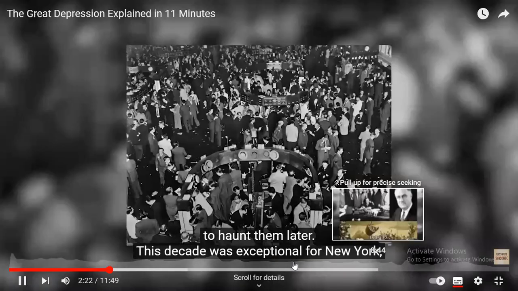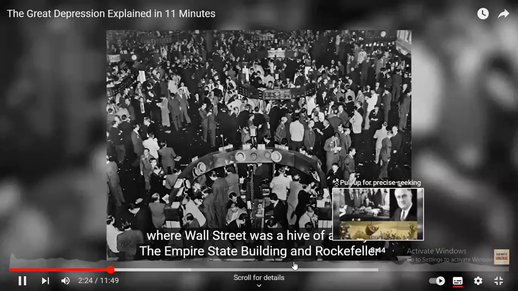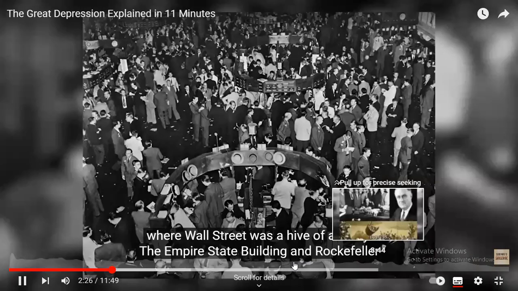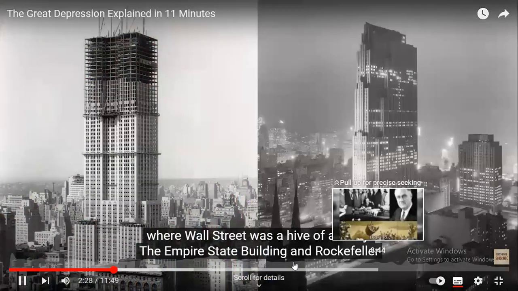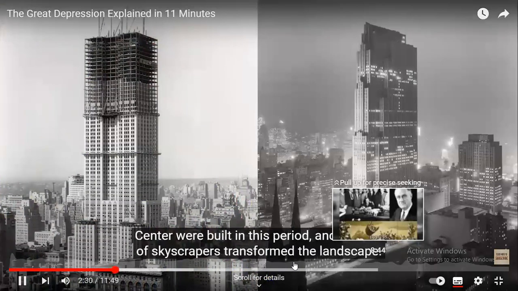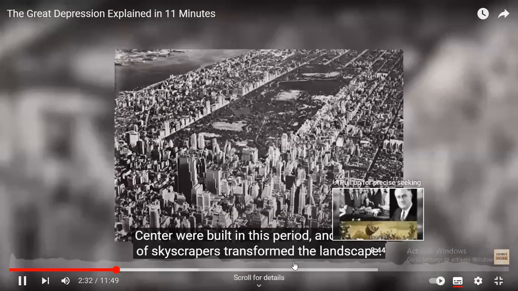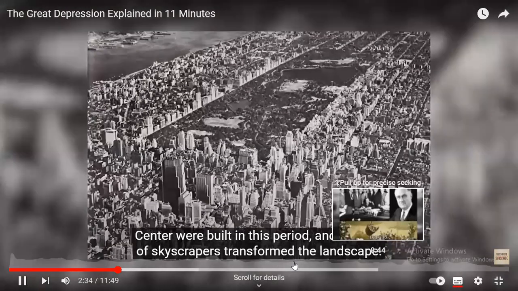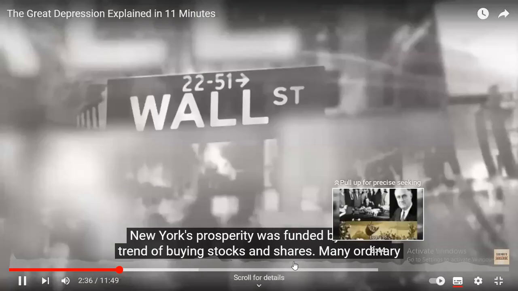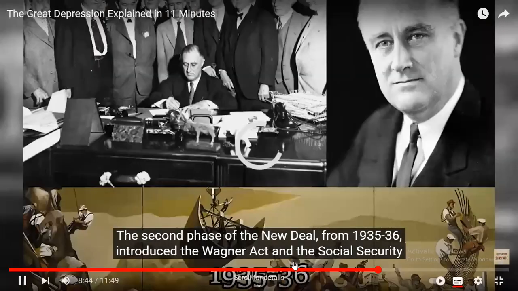This decade was exceptional for New York, where Wall Street was a hive of activity. The Empire State Building and Rockefeller Center were built in this period, and a forest of skyscrapers transformed the landscape. New York's prosperity was funded by the new trend of